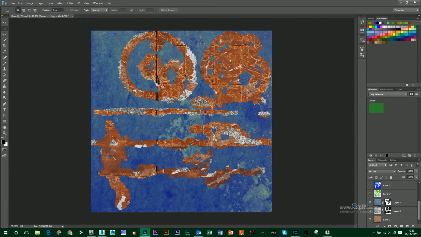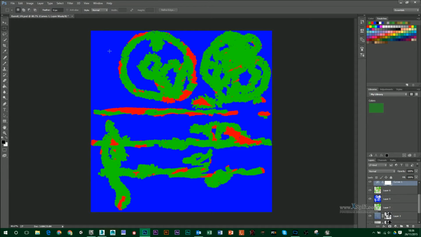So what I have is I've kind of got this blue base layer, and then I've got this silver kind of metallic metal layer, and then I've also got this rust layer underneath that. What I've then done is I have created an overlay of blue on top of my blue base layer. I've created a red over my metal layer, and I've created a green color over my rusty layer, and I've